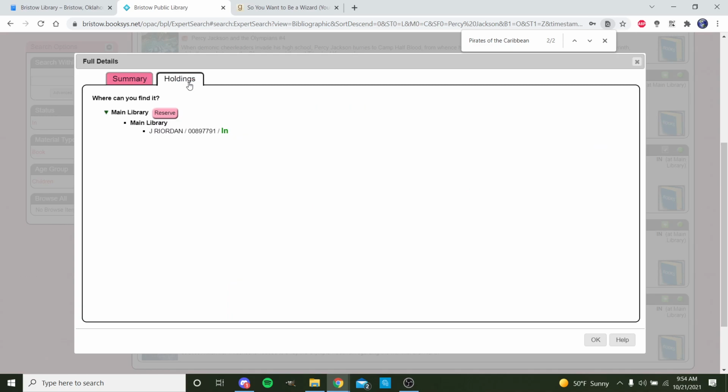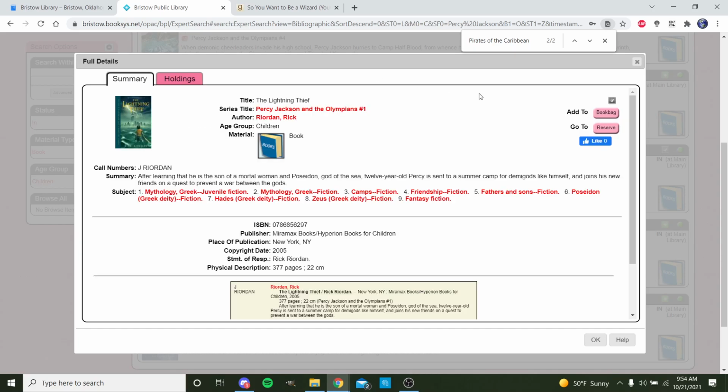And if we have different holdings for it, we can have it in here in juniors, and you can reserve it, anything like that. And from here, you can reserve or add the book bag. You can like it, which if you do Facebook, I'm not really sure what that'll do. What I'm guessing it'll do is,